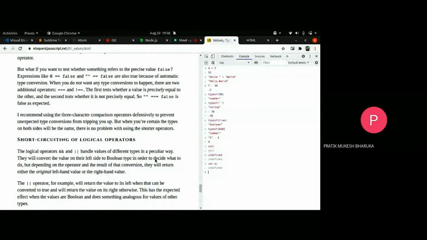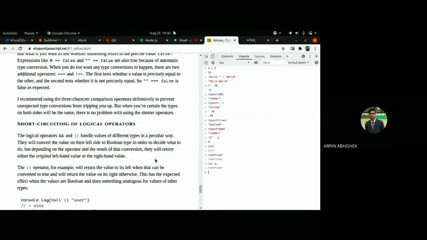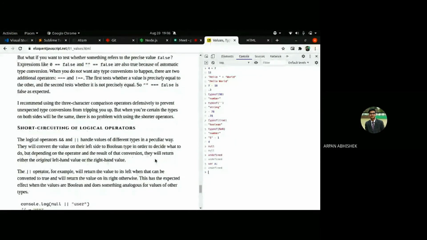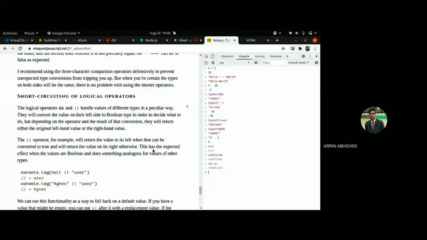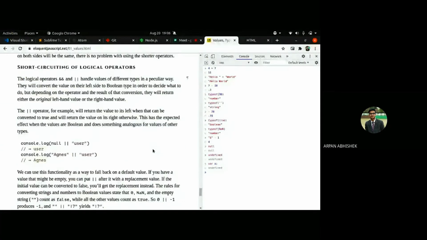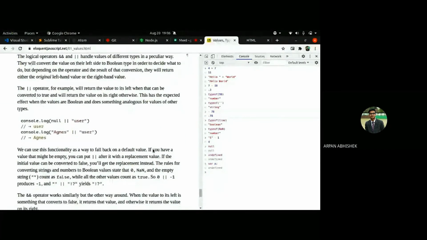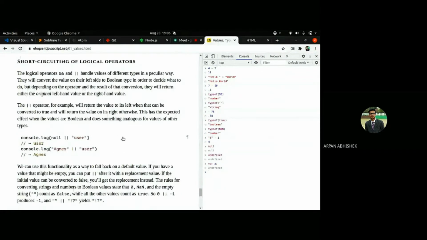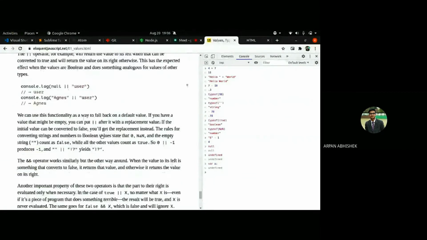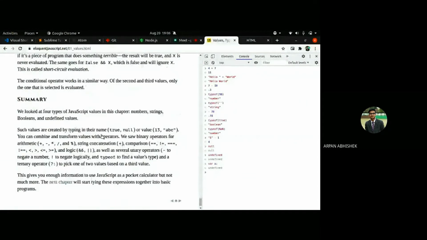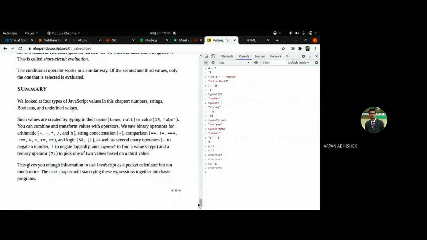Anyone? Yes, we have. Okay, so yeah, you can compare undefined to void of C or Java. Okay, so yeah, likewise, this shortcut thing I'll show you in the program only. So these are the basic operations and types and values.